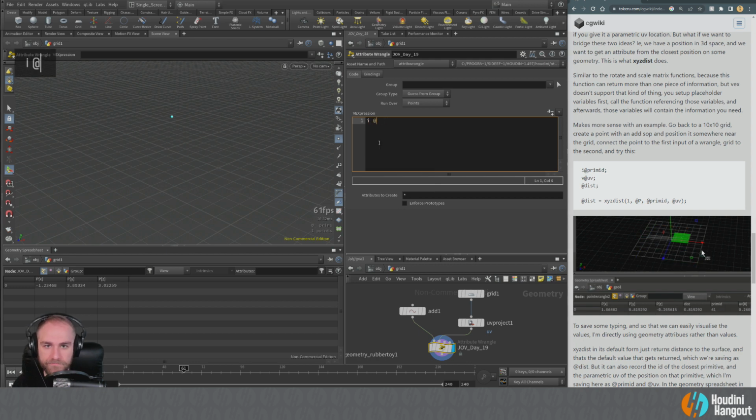at, oops, don't need a space there, prim ID. So we're just gonna kind of initialize these, V at UV and at dist, which is just gonna be a float. So let's say at dist equals, and we're going to say XYZ dist. So we're going to look at the second,